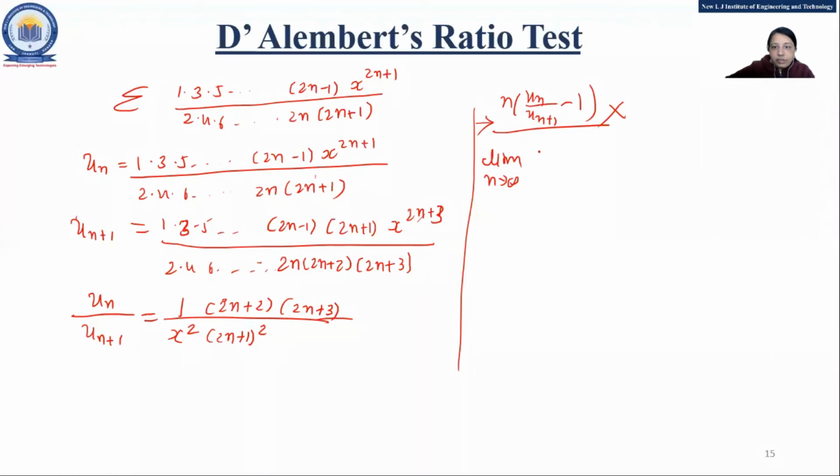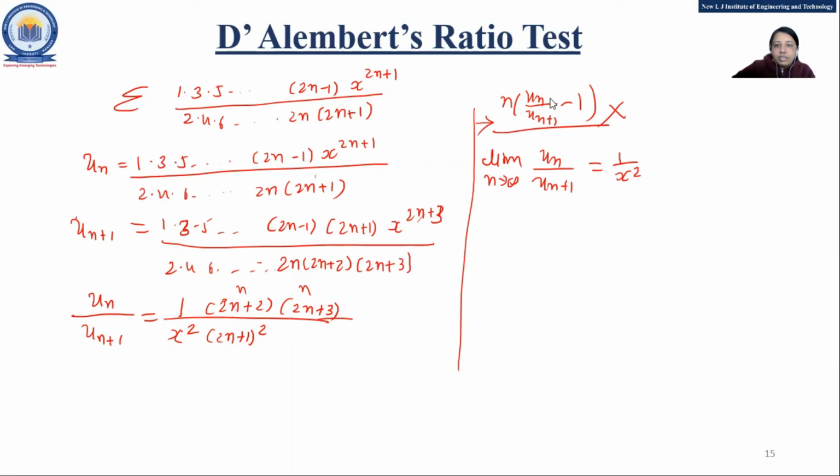Right now we are not going for this equation, un upon un plus 1. Now if you apply this, what is supposed to be there? Your answer would be 1 by x square. Compare it with the previous example. Take n common from this and n common from this, and here you will get n square. That is supposed to be cancelled out, and here you will have 2 plus something like 2 upon n. So your answer would be 1 by x square. Now just apply the previous test.